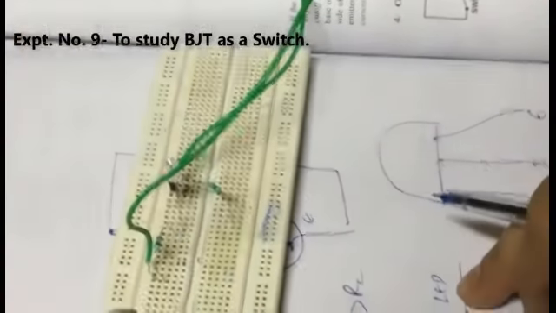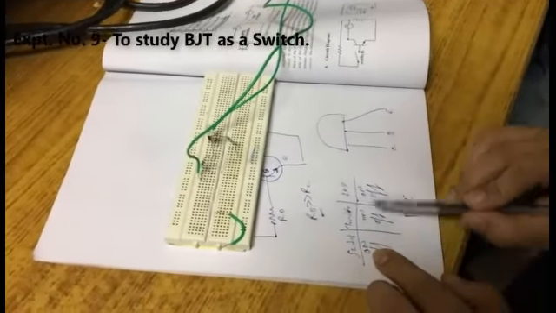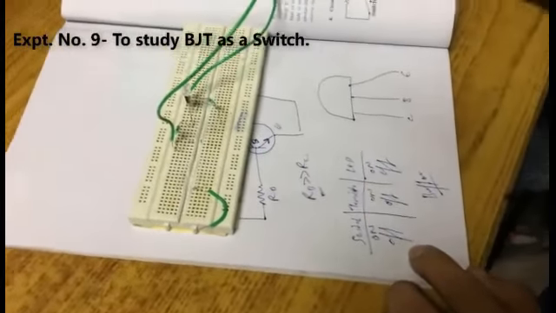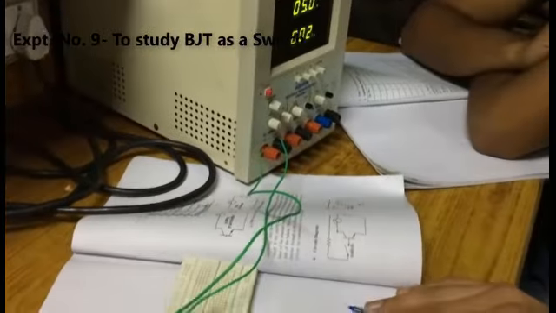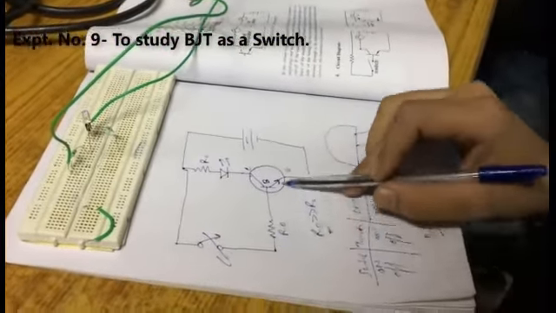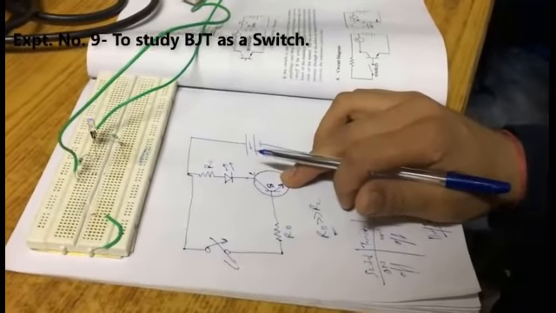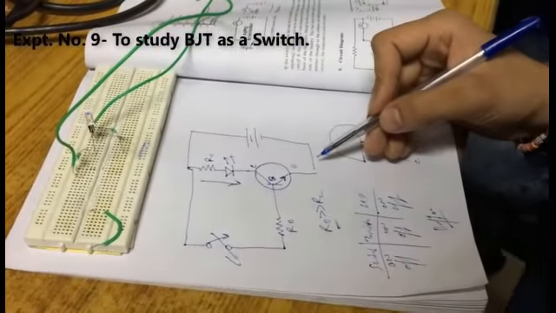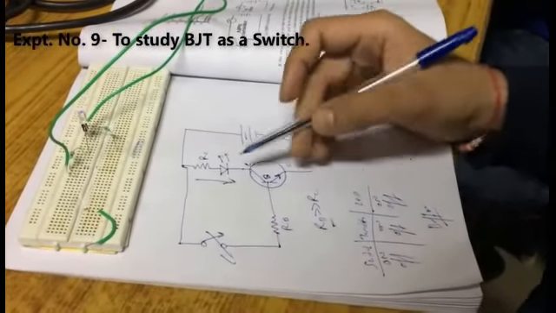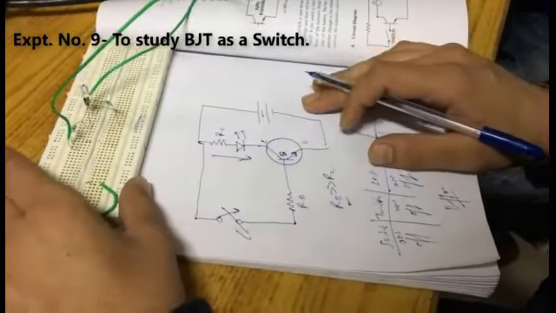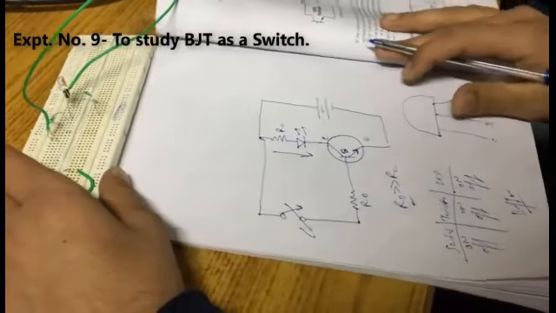Buffer means whatever you give as input, the same you are getting as output. Switch is on, output is on. Switch is off, output is off. This voltage should be at 5 volt constant. How is it working? When you are closing the switch, there is some current flow and the transistor is on. Transistor is on, so current is flowing through this LED. So LED is also on. This was the first case. First case is over. Now you do the second case.